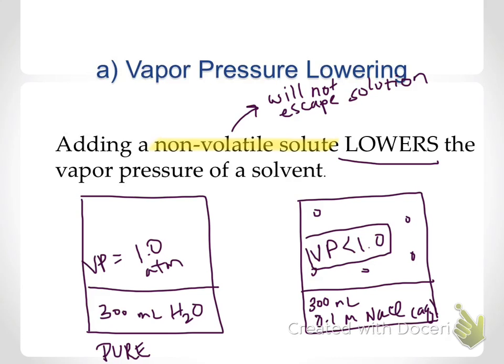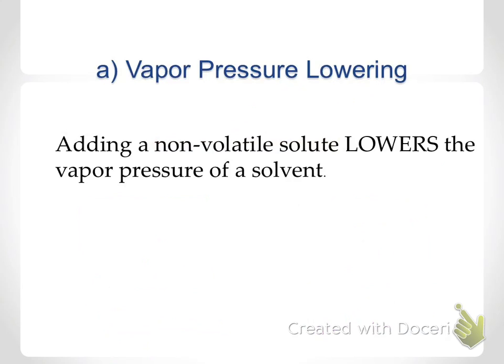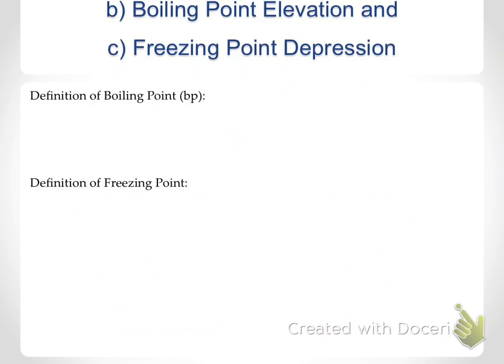Let's talk about some consequences of lowering a vapor pressure. This has to do with boiling point elevation and freezing point depression. In order to understand how vapor pressure influences boiling point and freezing point of a solution, we need to define what boiling point and freezing point mean. So let's define boiling point. The definition of boiling point is